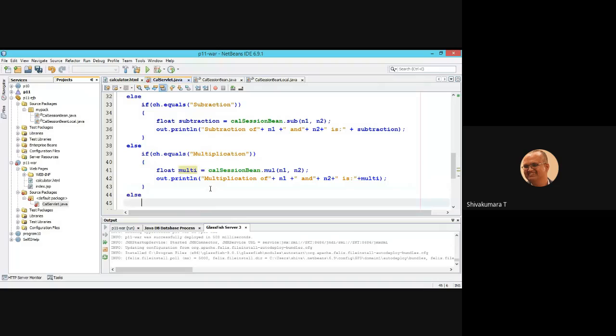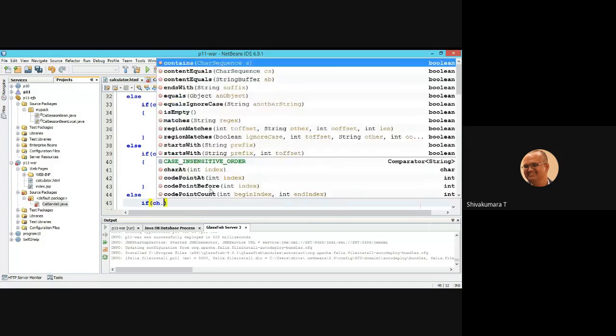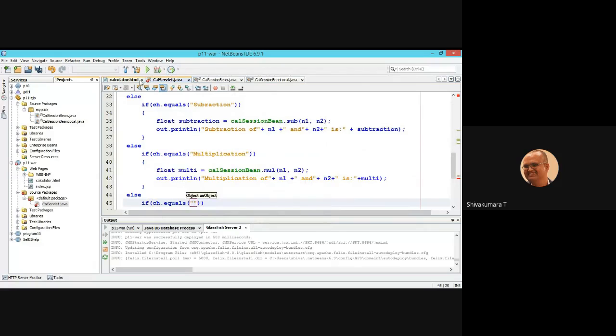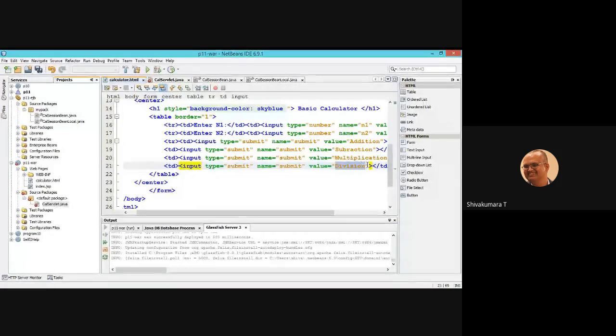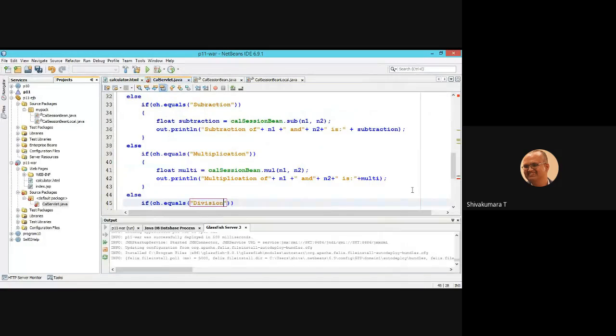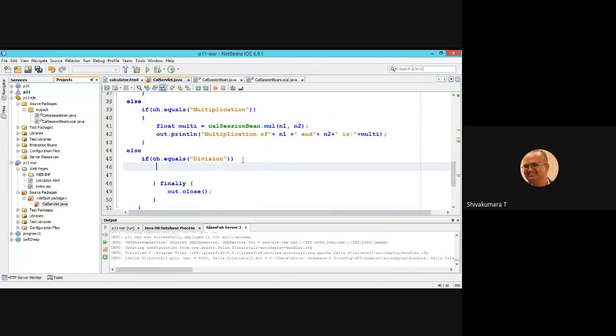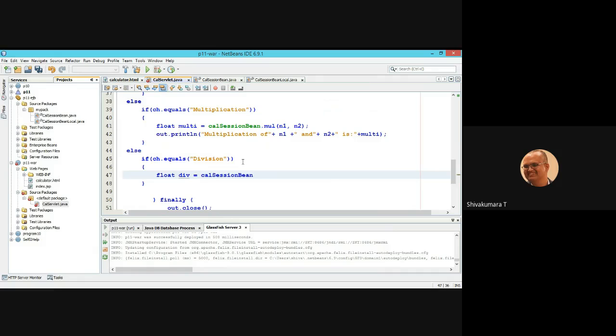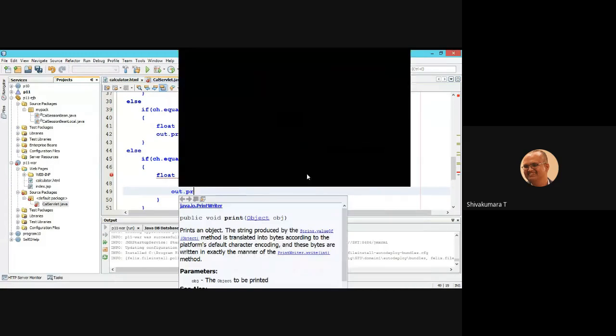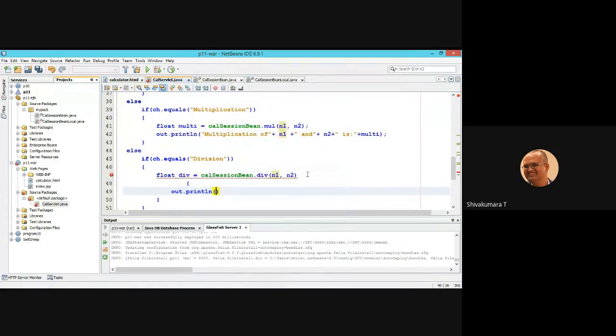Else if choice dot equals division. Float division equal to call session bean dot division. Out dot println, equal to, is expected.